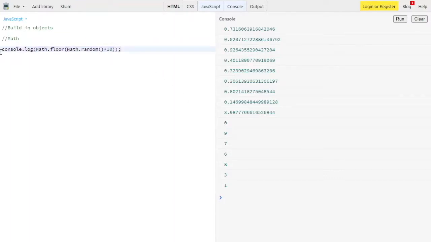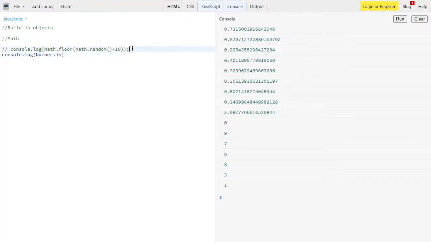Or you can also use one more function, which is also present inside that Math object. So we have console.log over here, and in the new JS version it's present inside Number.isInteger.